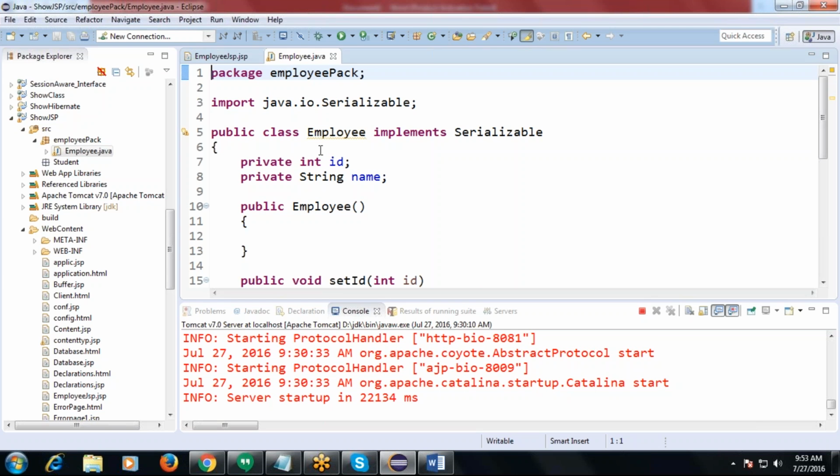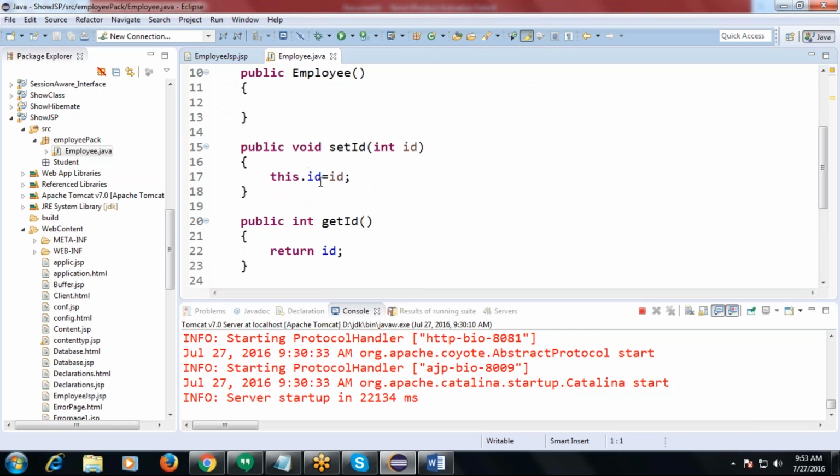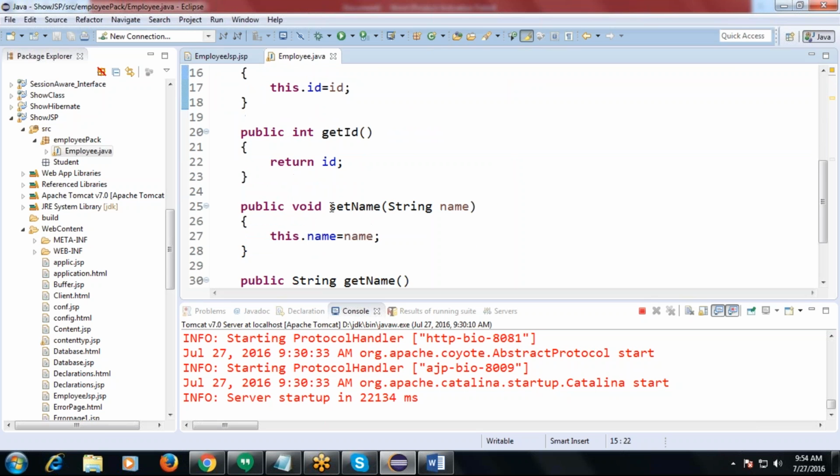Then to set the given values into these variables, we created setter methods using setID and setName.